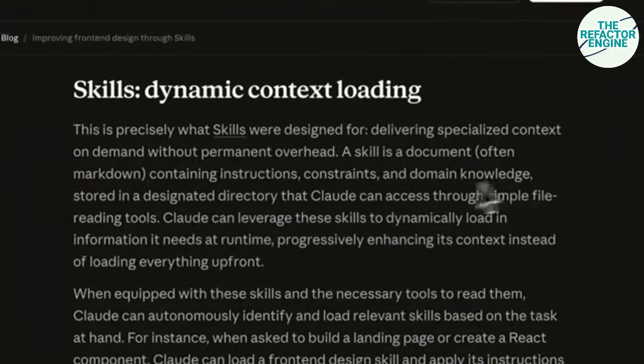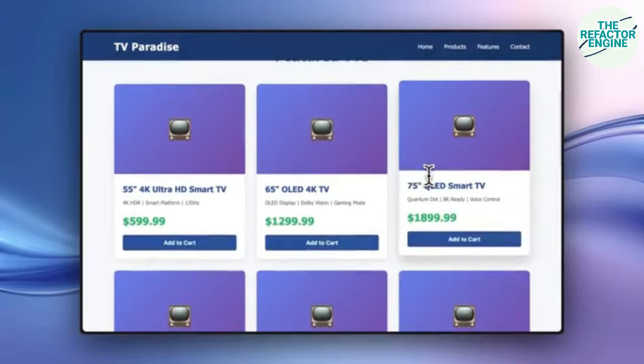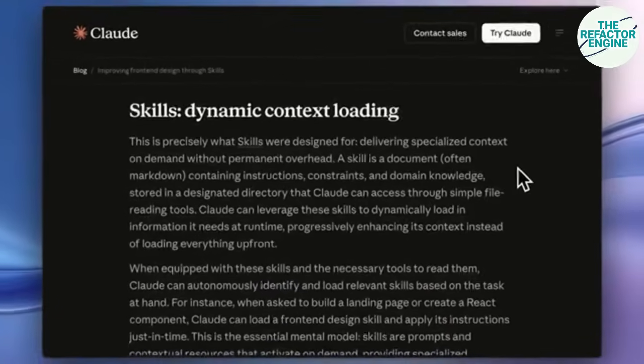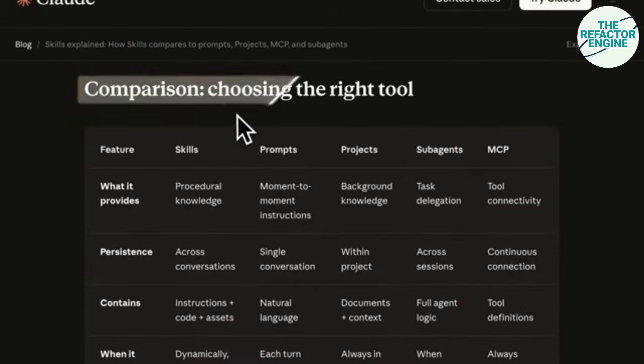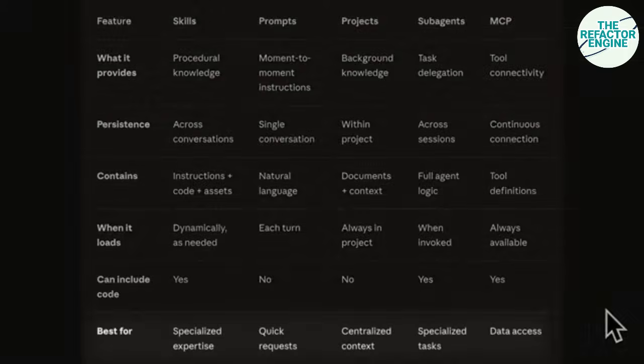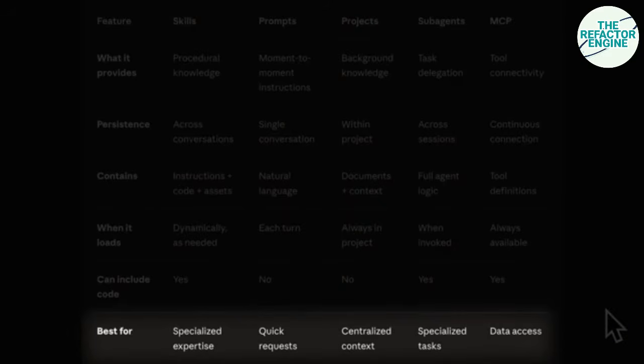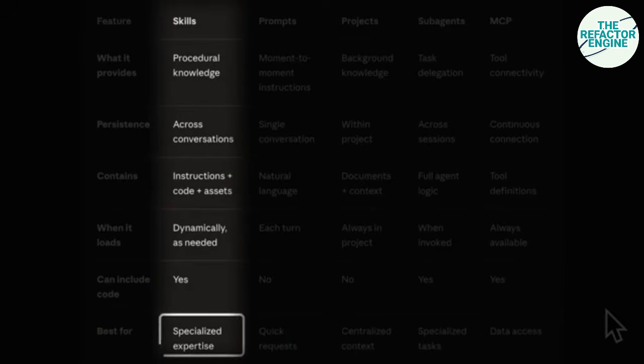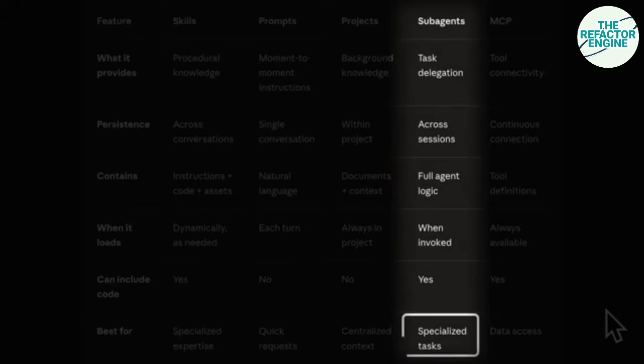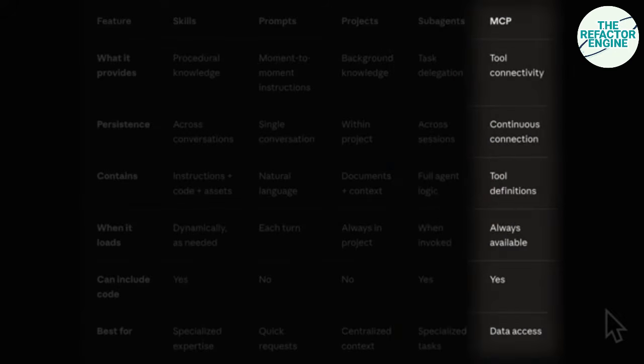In this section, they explain what their skills are used for and why they are applying them to this UI problem. I'm not going to go over the basics of skills again, but it's basically Claude telling you which is the right tool to choose. I don't want to look through all of this, but the best for section pretty much sums it up, with skills being for specialized expertise, which we're loading for UI right now, and sub-agents are for specialized tasks, so they're a whole instance of Claude with other tools, and MCP is for external data access, since we all know skills